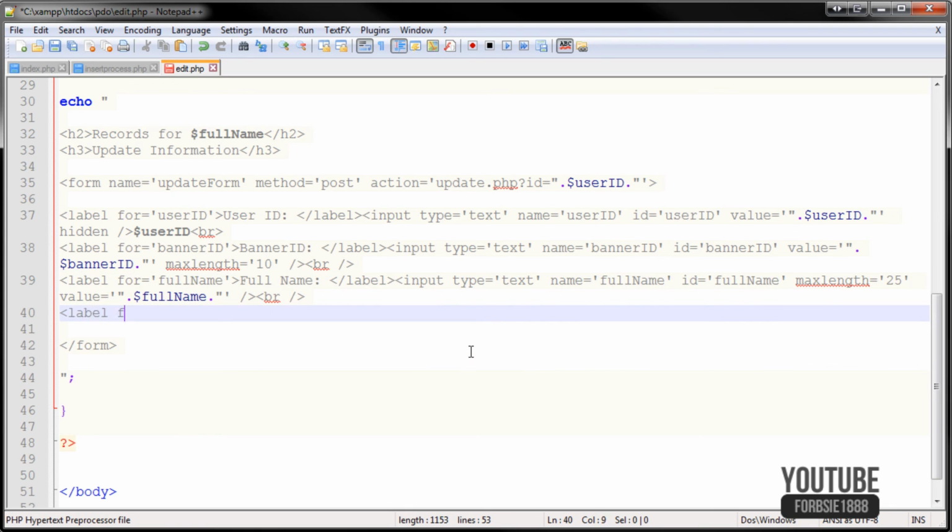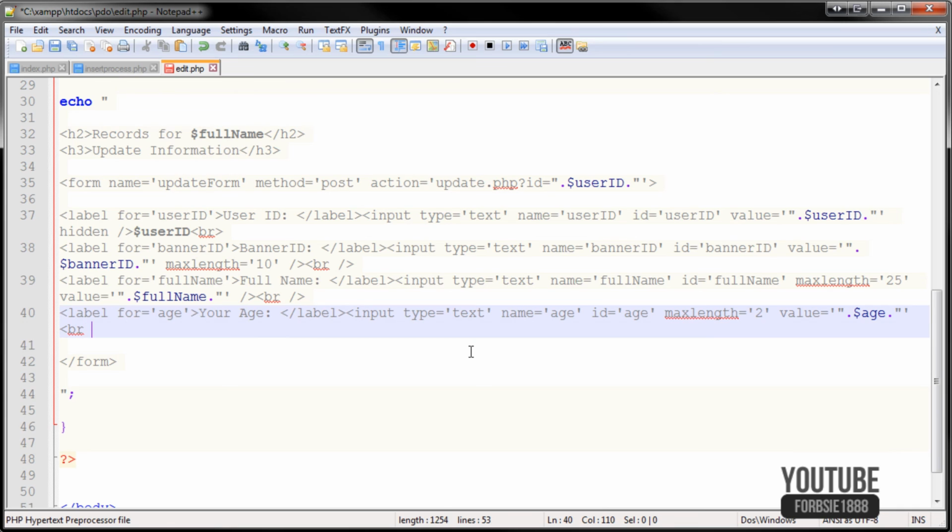So the final one, label for equals age, age or your age, then input type is equal to text, then name is equal to age, ID is equal to age, and then our max length is going to be 2, and then the value, of course, is going to be the same, age. And then we're going to do 2 BR tags,